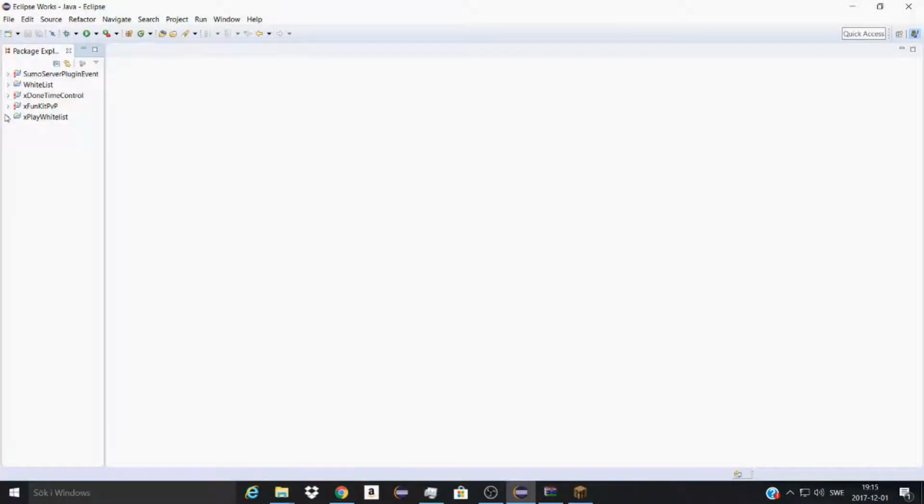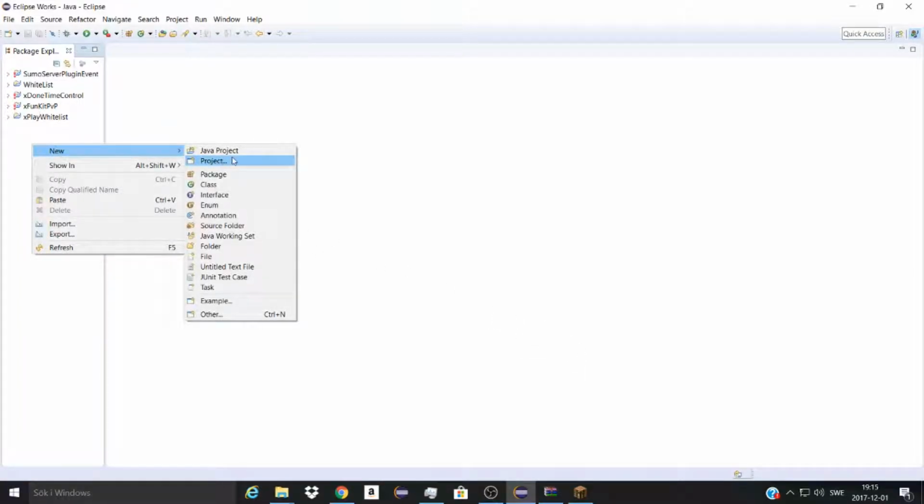Today I'm going to show you how to make an EventHandler plugin, which is really easy. This is really helpful if you have a Minecraft server. So I'm gonna make a new Java project,